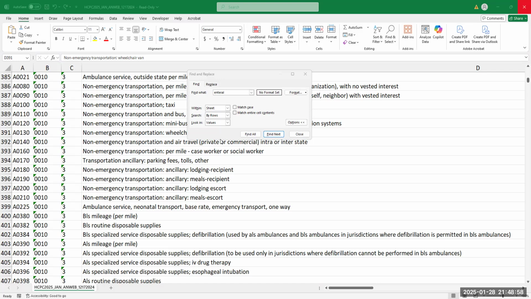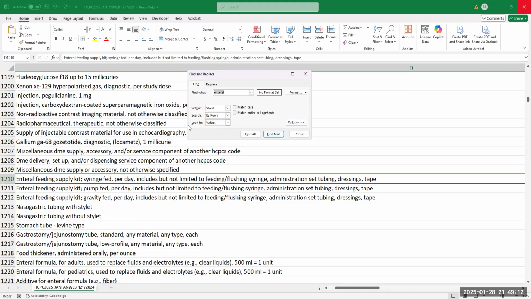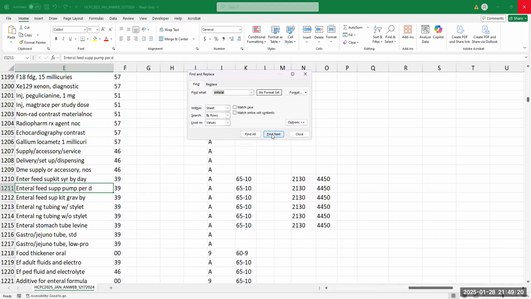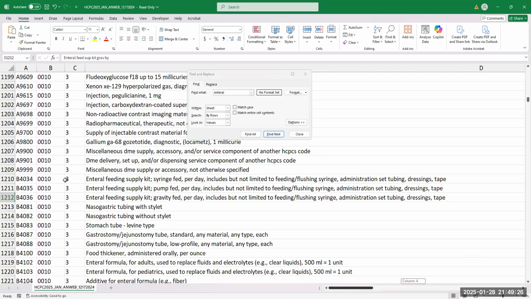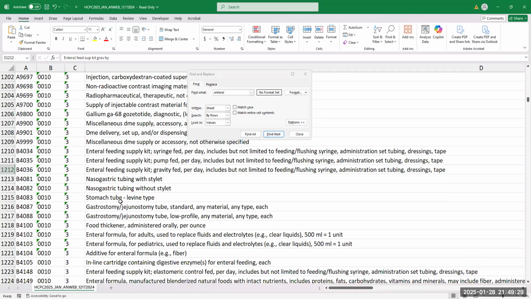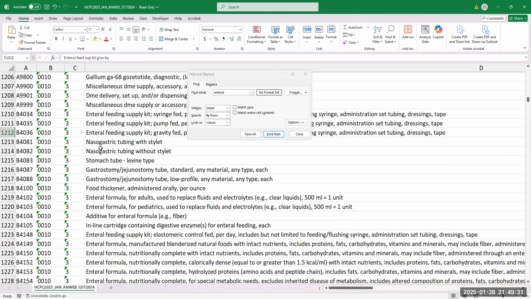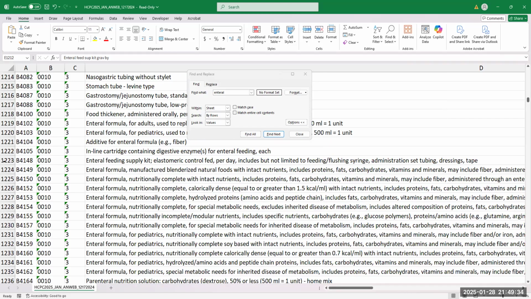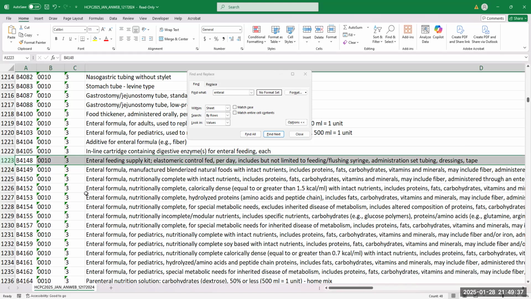So let me see here. I'm going to do a Control F, which is a great thing. You can search by your key terms or keywords, and it'll find all of the descriptors that have the word enteral included. All right, so that's not the one I'm looking for because this is for the feeding. I'm looking for the nutritional supplement. All right, and all of these codes that are in this particular area are related to enteral feeding. So I'm just going to scroll down some. Let's see. All right, so here are my enteral feeding